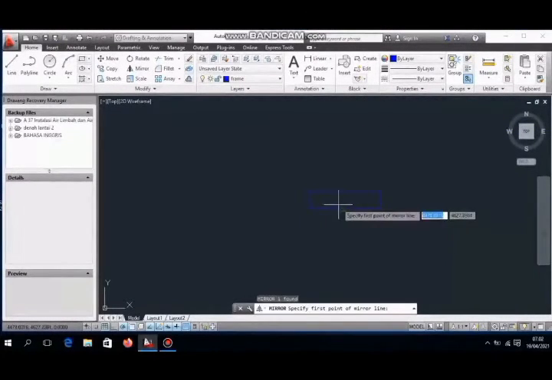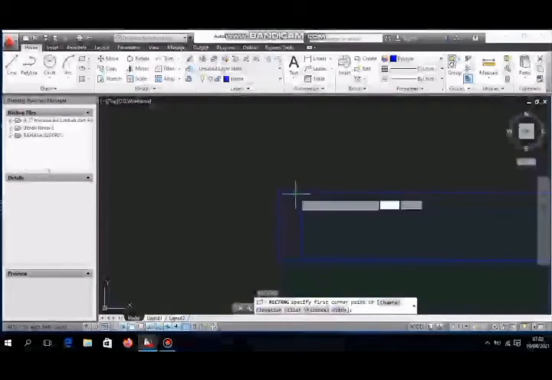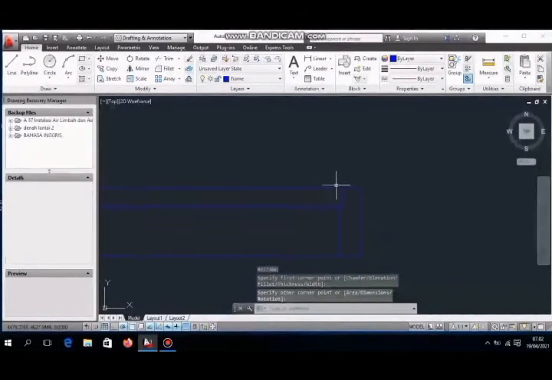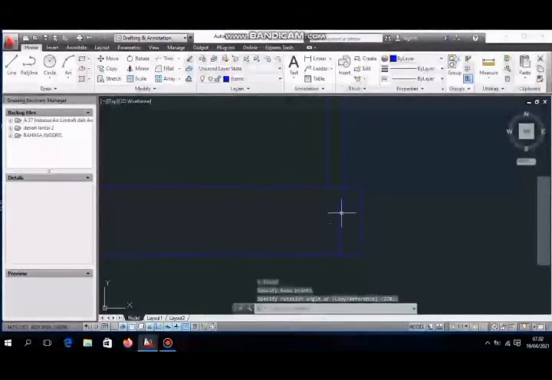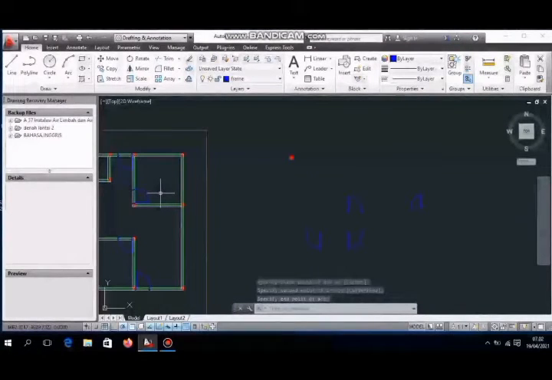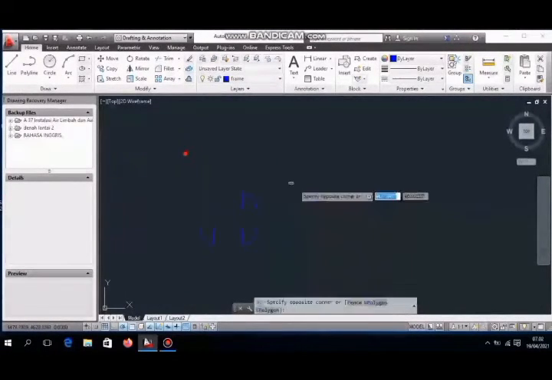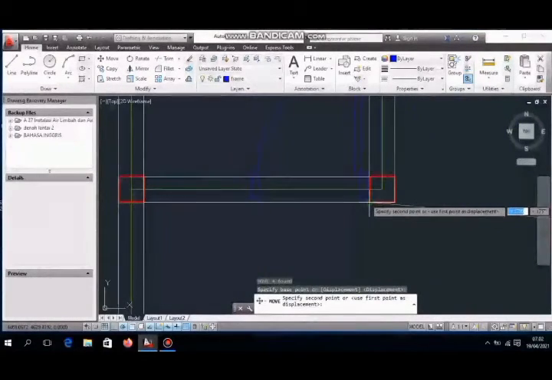After that, mirror. We make rectangle again. After that, rotate. Then select arc. Click 3 point and move to the bedroom.